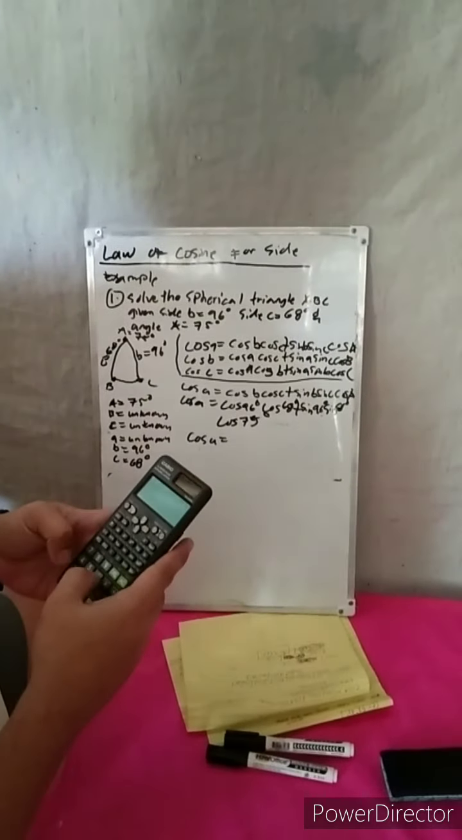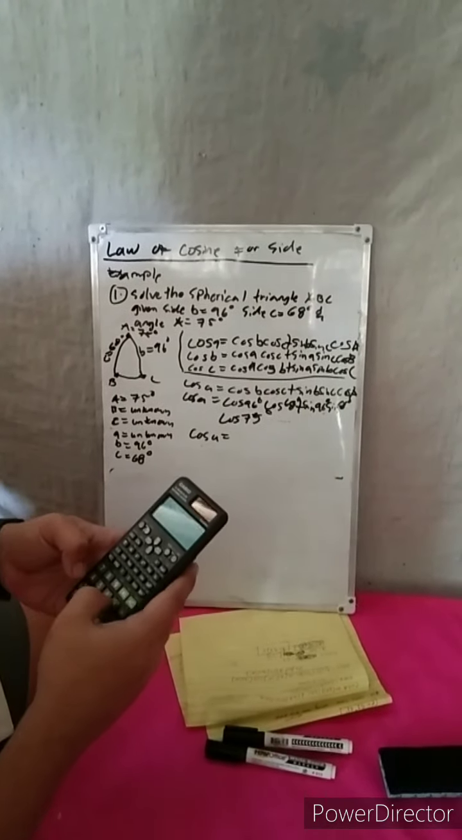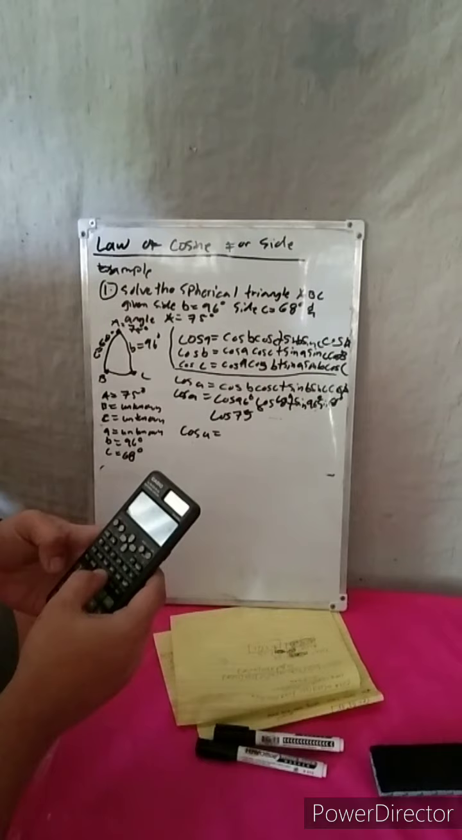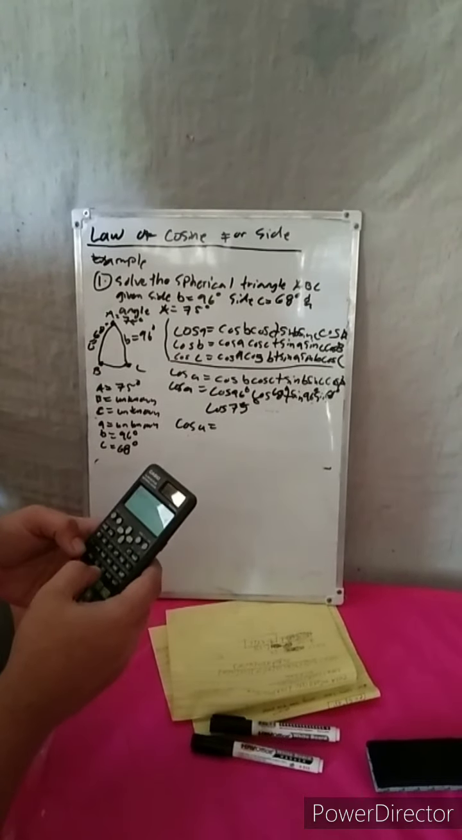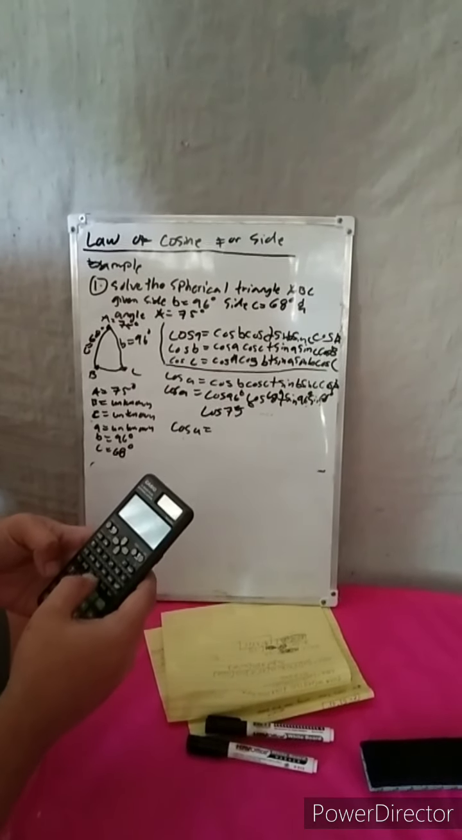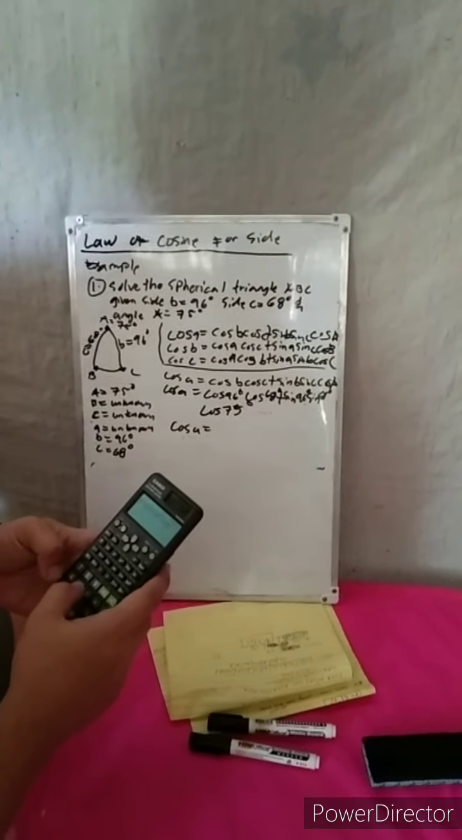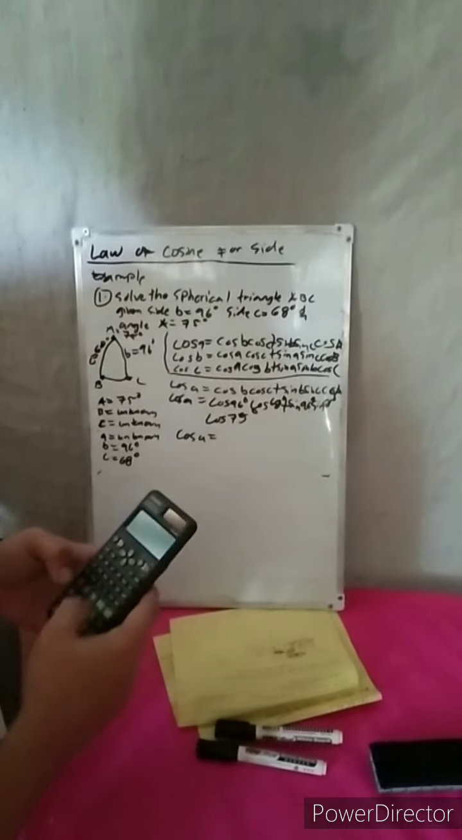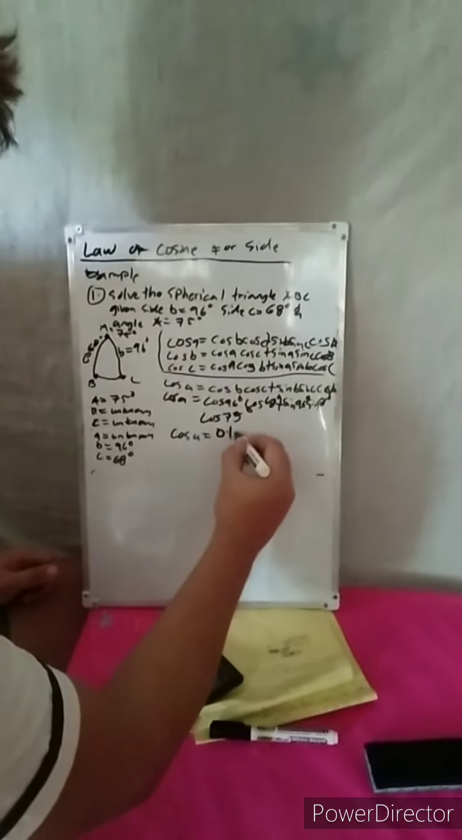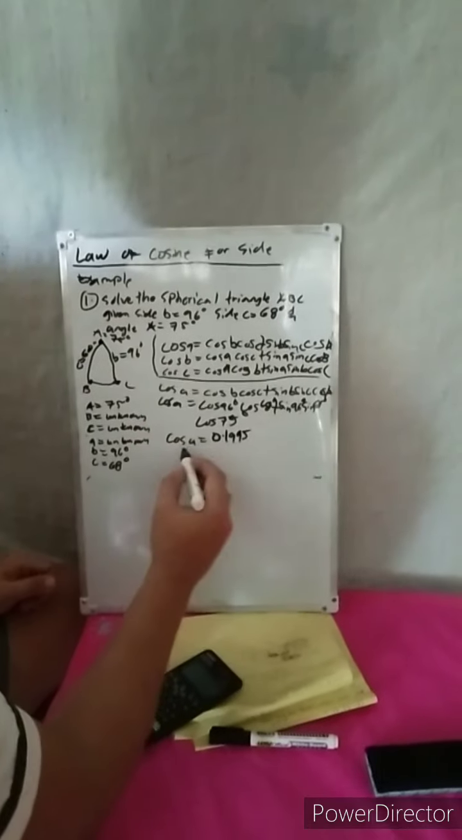cosine 96 degree cosine 68 degree plus sin 96 degree sin 68 degree cosine 75 degree. So we have 0.1995. Para makuha na to ang side A,